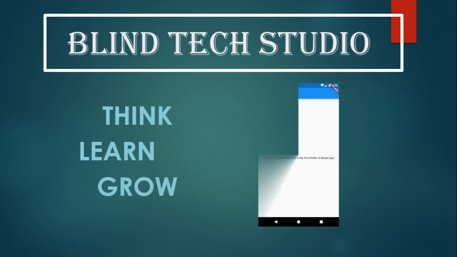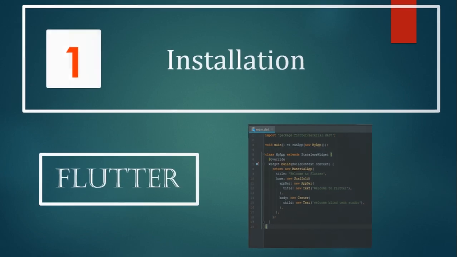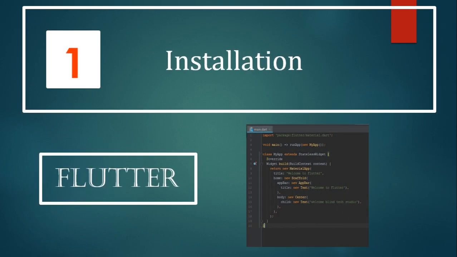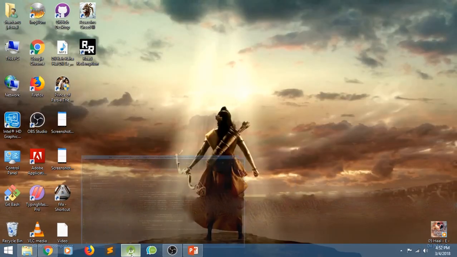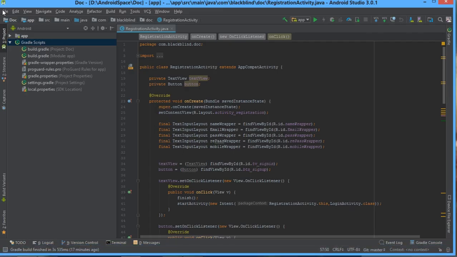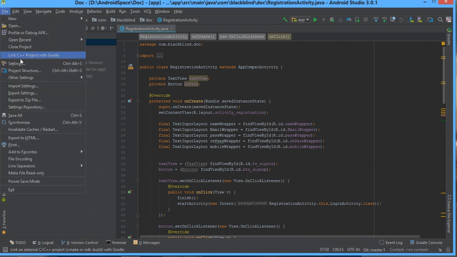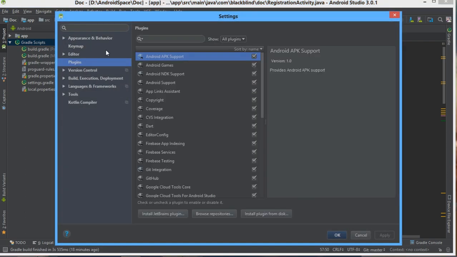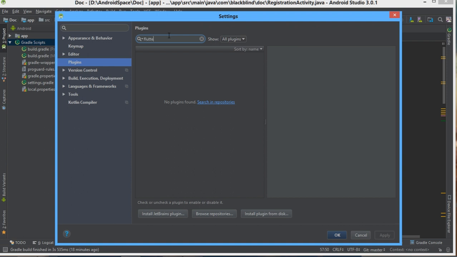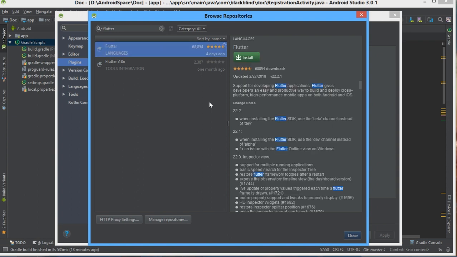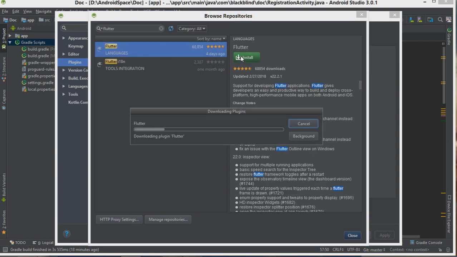In this video series, we are trying to learn how to install or set up an environment of Flutter. So first of all, we will open Android Studio to download the plugin of Flutter. Go to File, Settings, Plugins and search here Flutter, F-L-U-T-T-E-R, Flutter. Click in here, search in repositories, languages, click on install, wait for installation